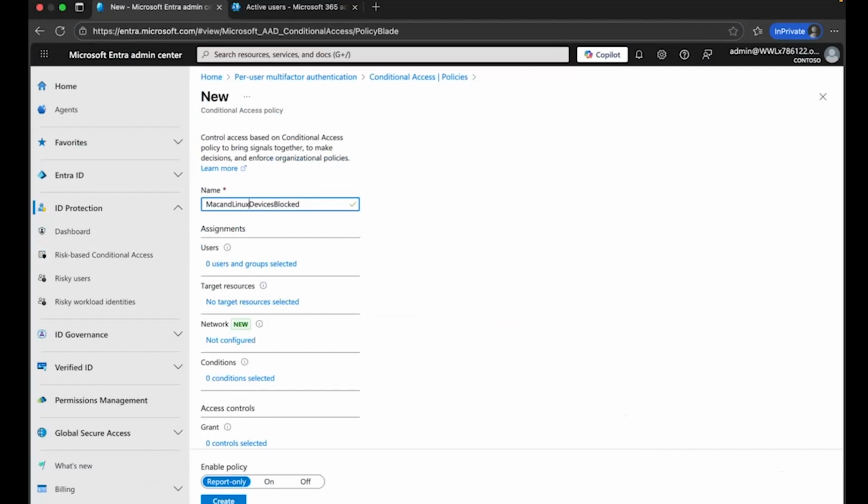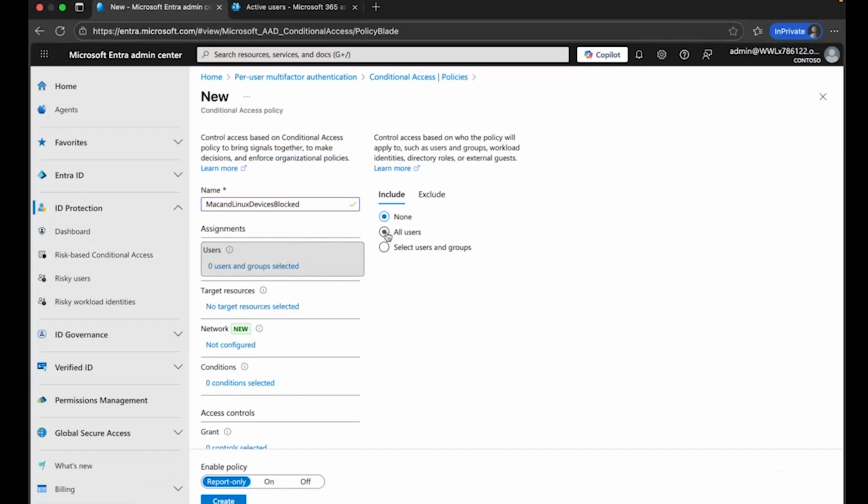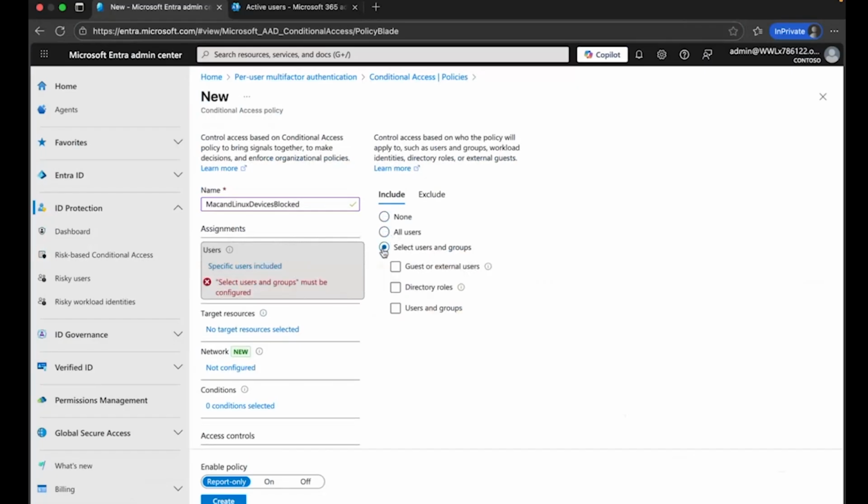So this is my policy. Then we have to select users, where you want to apply this policy. You can apply this to all users in the company, or you can go for selected users. You can select guest or external users, or you can select directory roles, or you can select specific users and groups. So for example, if you click on users and groups,